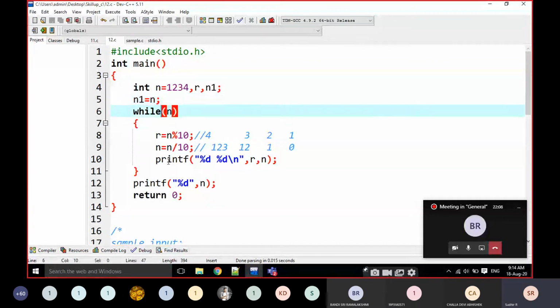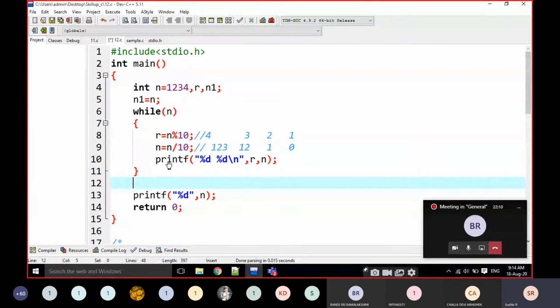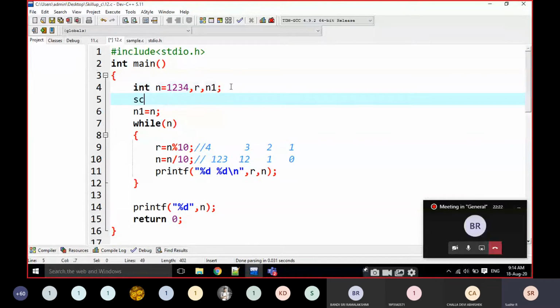Why? Because after this loop also I am going to access the value that I am reading. Then we have to take a copy of that n. I am going to read here, not by using initialization.